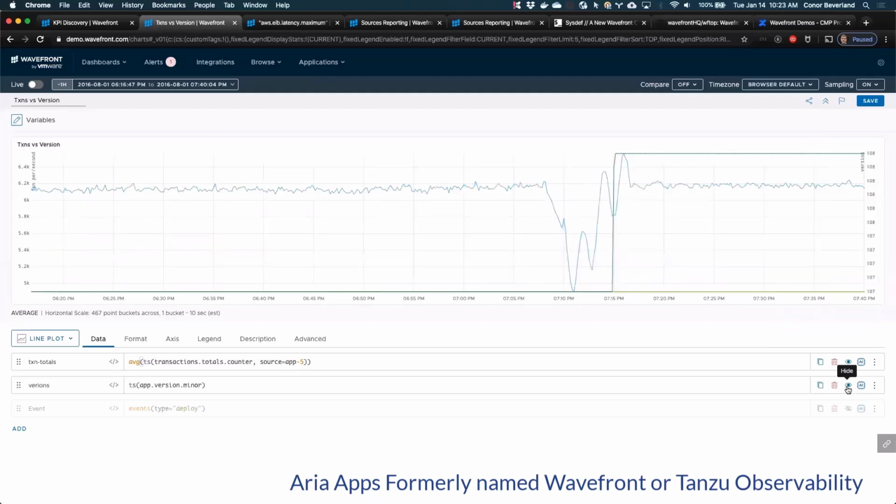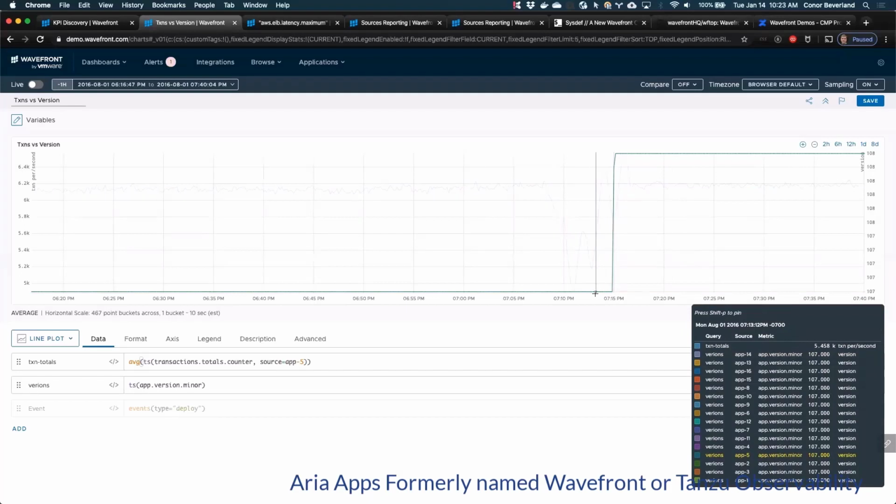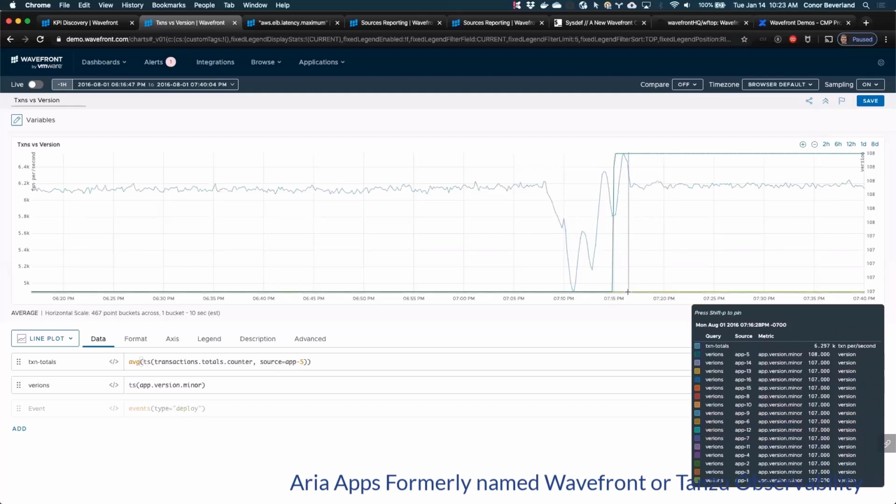In this demo example, and this is what the Wavefront team does for its own telemetry, we're actually tracking the version at any given point in time as a separate numeric metric. So we can see that all of the apps are on version 107 at this point in time. Most of them have stayed on version 107 because right now we've just pushed out the fix to app 5